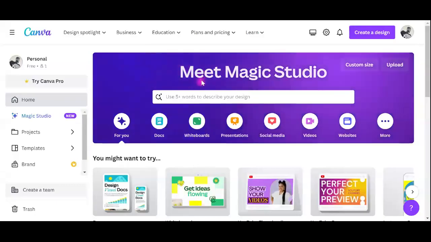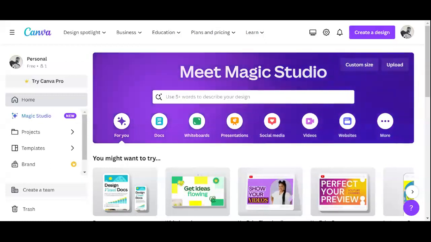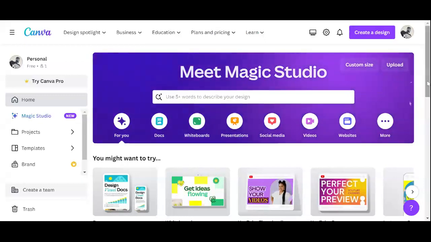All right. So yes, this is my dashboard, right? So when you log into your Canva, it can be a little bit overwhelming if this is your first time, but it looks nice. This is a beautiful interface. This is a beautiful design. This is the work of a graphic designer to include in this. So things like